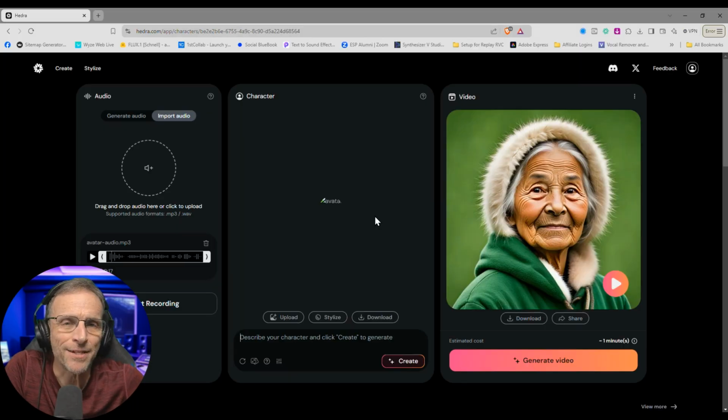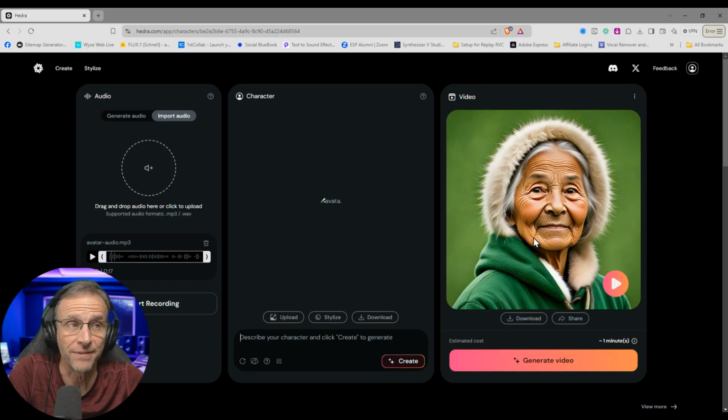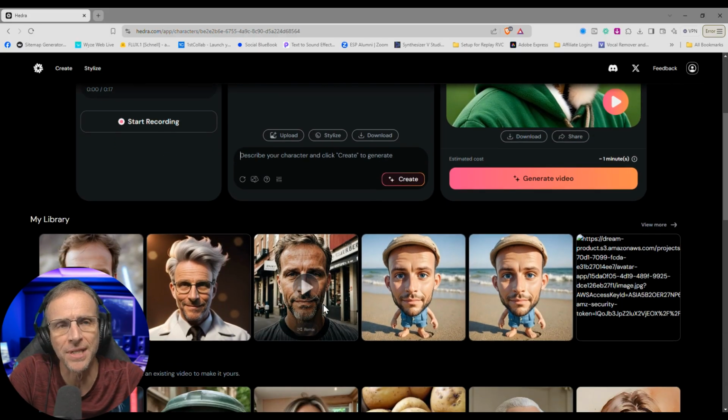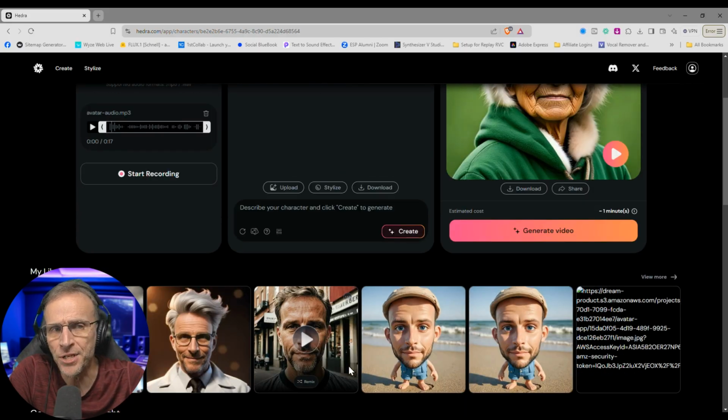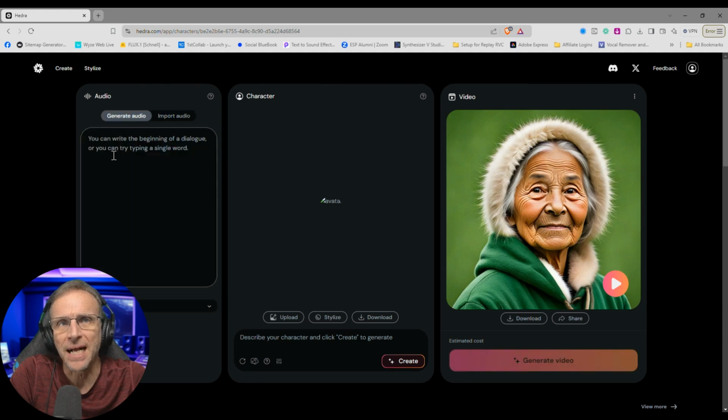Another use case is background removal for video. Here's a great example. I use an animation platform called Hedra, which we've discussed on the channel many times, which allows you to take or create an image of a face, tell it what to say either by doing text-to-speech